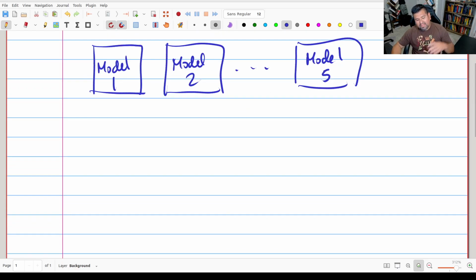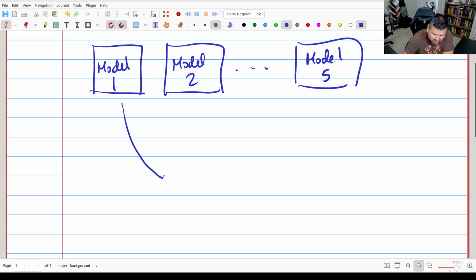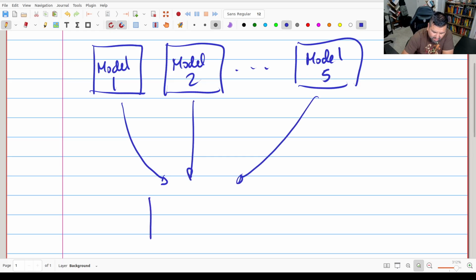You need to use the predictions from the different models as inputs into another model. So you use the predictions from this model, this model, and this model into another model that is typically called the stacker,